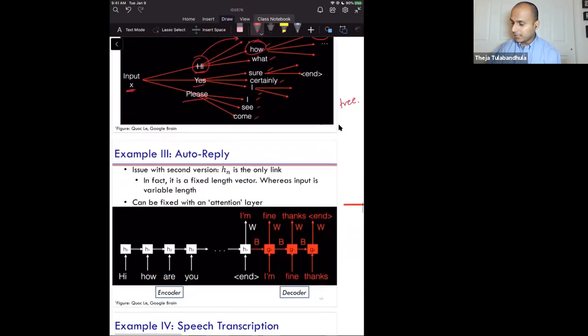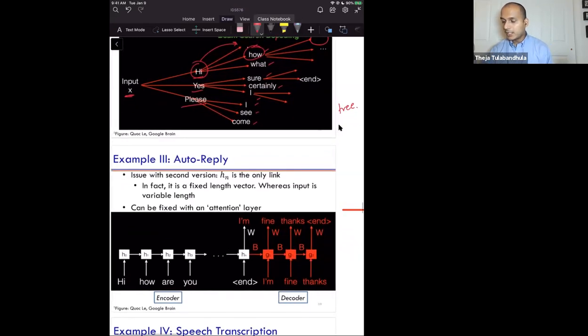Now let's actually talk about attention as a solution to a problem. And the problem is as follows. The problem is that the link between the encoder and the decoder is just this one node. So let's say the email has like 3 paragraphs, or the email has one sentence, 10 words. All that information has to be